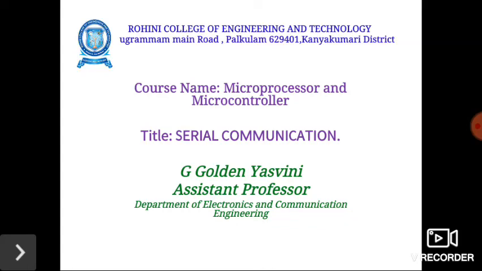I am here to present serial communication in microcontroller 8051. First of all, we need to know what serial communication is, right? Serial communication is most commonly used either to control or to receive data from an embedded microprocessor. The advantage of serial communication is that the number of wires required is less as compared to parallel communication. Serial communication is a form of input output in which the bits of a byte being transferred appear one after the other in a timed sequence on a single wire.